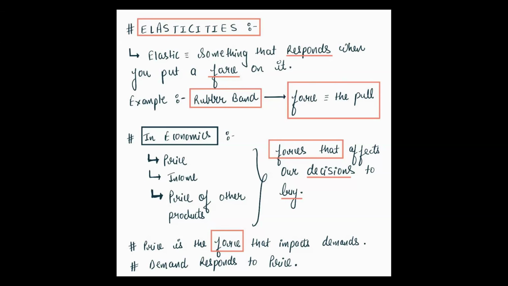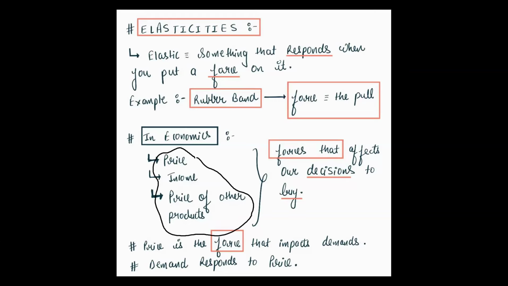In economics, in the law of demand, what are the factors which were impacting? The major factors were price, income, and price of other goods. These are the three major factors. The rest, the determinants I'm talking about, are expectations of future price, special circumstances, size of market, and taste and preferences. These four are general terms. The three are price, income, and price of other products, that is, substitute goods and complement goods. In income, it is normal goods and inferior goods, and price we have all seen. So these are some of the variables or factors